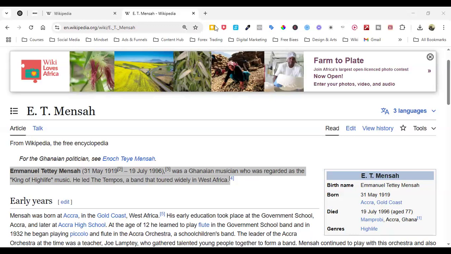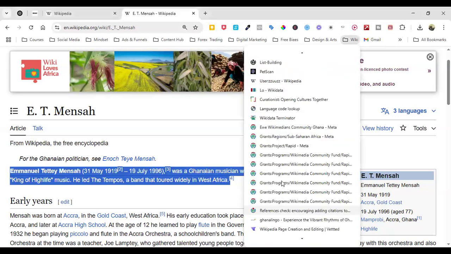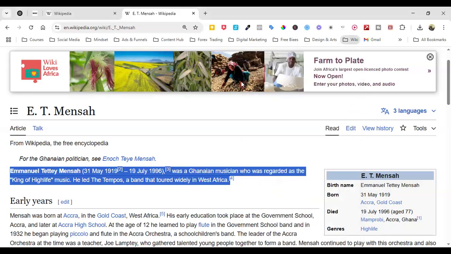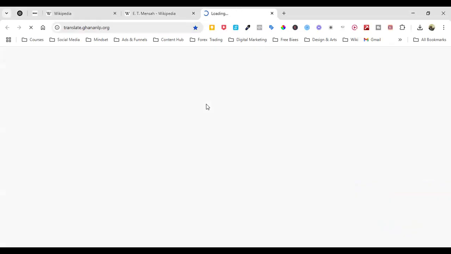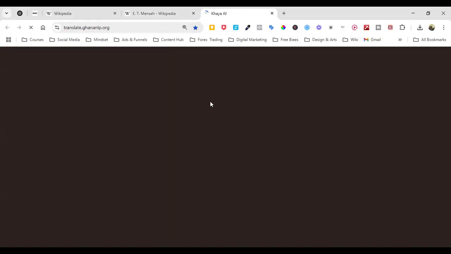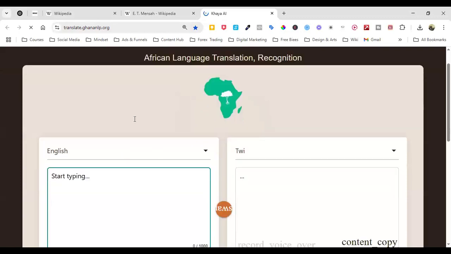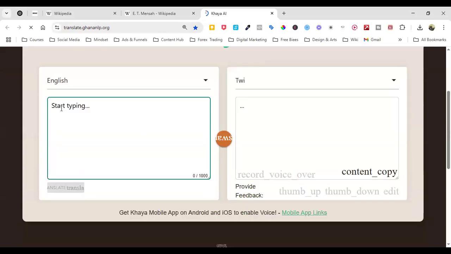So what I'm going to do is I'm going to actually look for these two, and I'm going to show you what I have been doing here. Actually, I'm not relying on these two for the translation, but it gives me something that I can work on quickly so that my translation is better. So I click on the